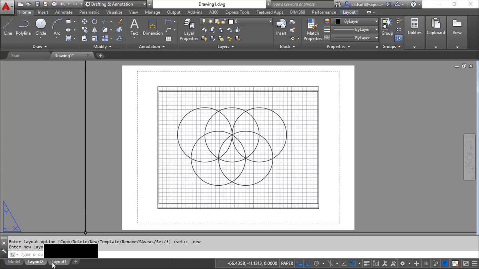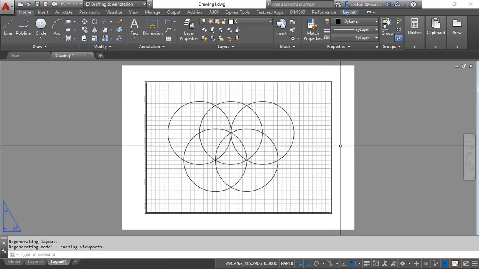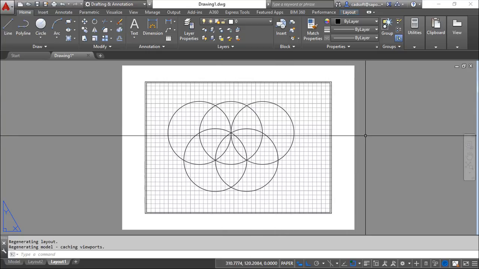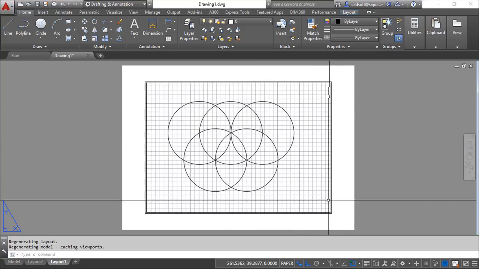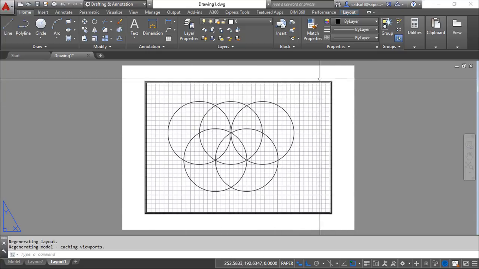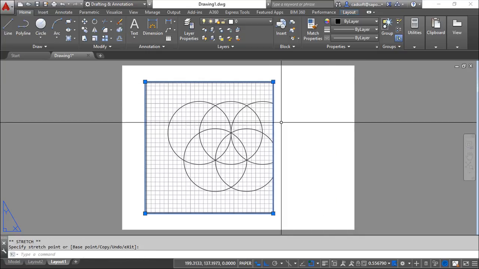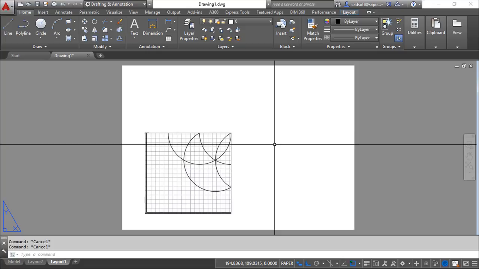If I create a new one, I get a new tab, and when I click, I always get what is done inside model space. A couple of interesting characteristics of these layout views are that this is shown on a limited area. So if I click on the edge, you see I get this area where the model space is shown, and I can edit this. This is something whose size I can change. In fact, this has